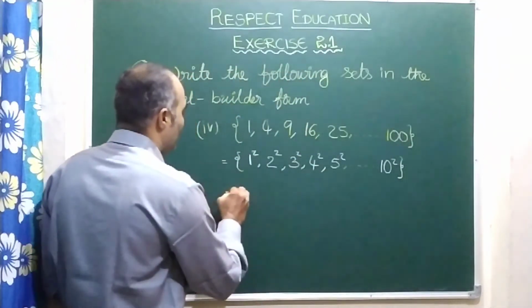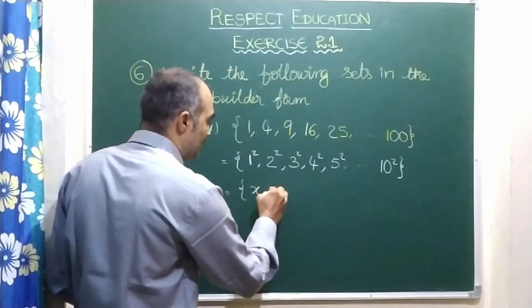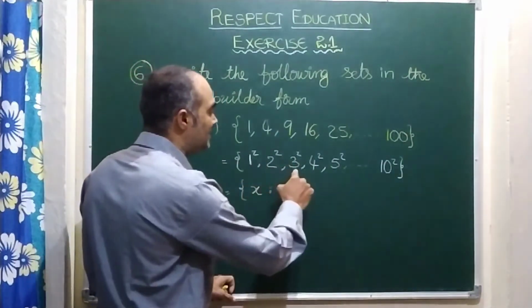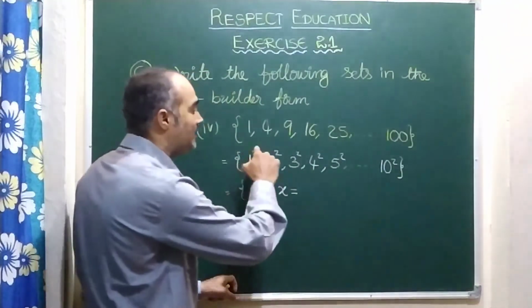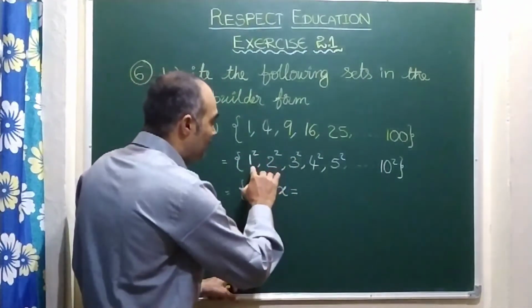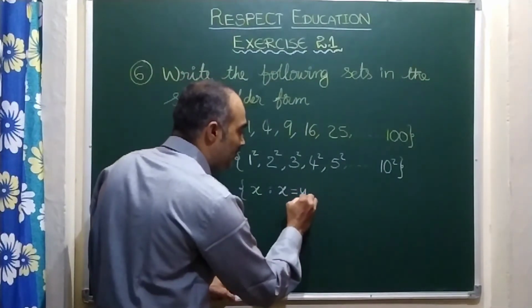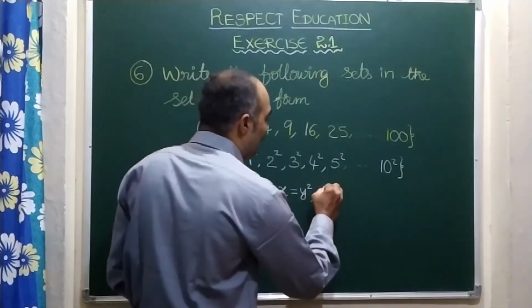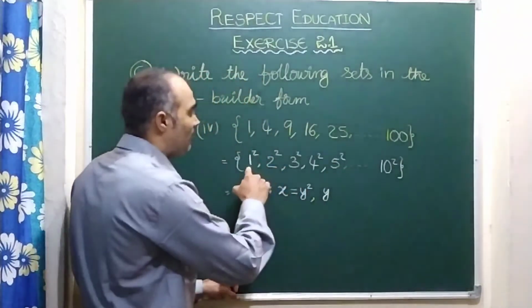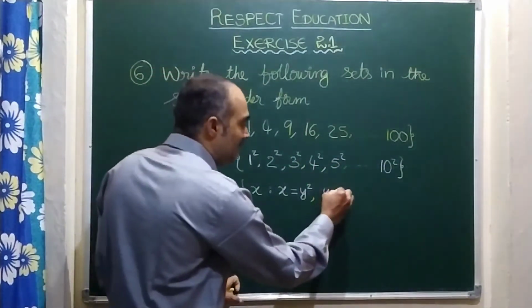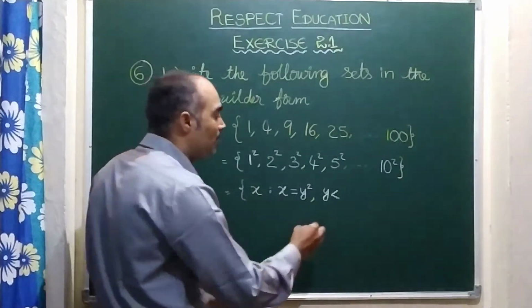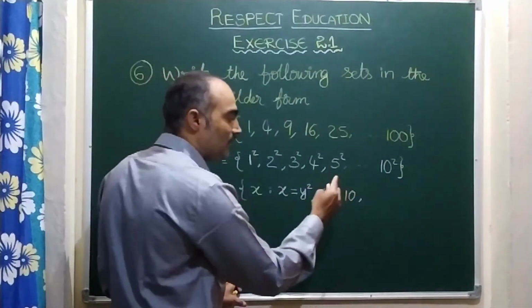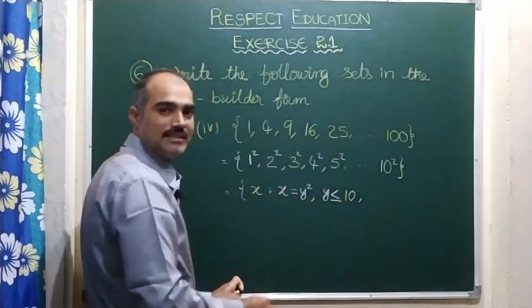Right? Now here x such that x is equal to, here understand children, bases they go on changing, whereas exponents is the same. So here which numbers are changing, there I am taking an alphabet. So here the square is fixed, and let us set the y value here. Here y is, see, 1 to 10 means you can write y is either less than 11 or you can write less than or equal to 10 also. Both are same children. If you write y is less than or equal to 10 or y is less than 11, both are same. Right?